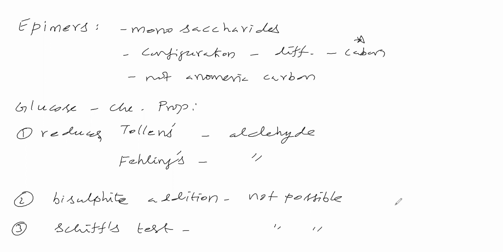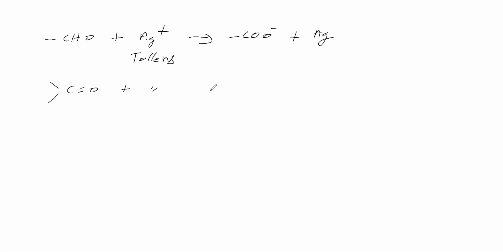Then we will come to glucose. Now we will take an aldehyde and add Tollens reagent to it. Tollens reagent means Ag plus will be there. So the CHO group converts to COO minus, and Ag plus converts to Ag. It is called the Tollens test. In the Tollens test, the aldehyde oxidizes to a carboxylate anion, and Ag plus is converted into Ag. But if you take a ketone with Tollens reagent, there is no reaction. Why no reaction? But the aldehyde reaction is possible.